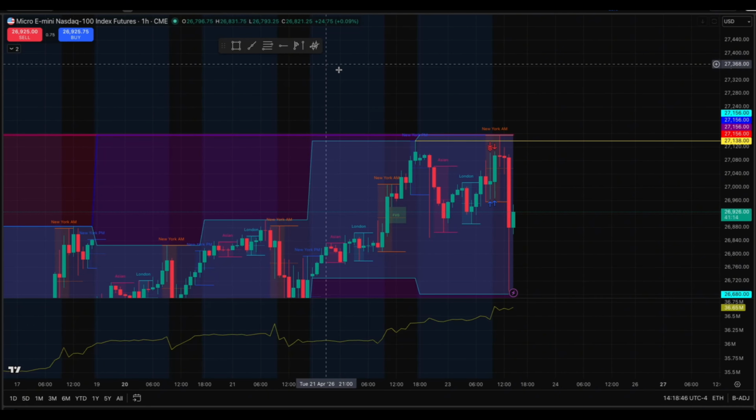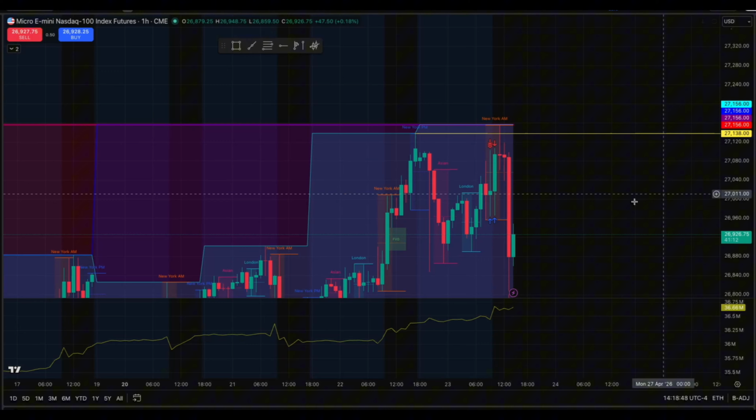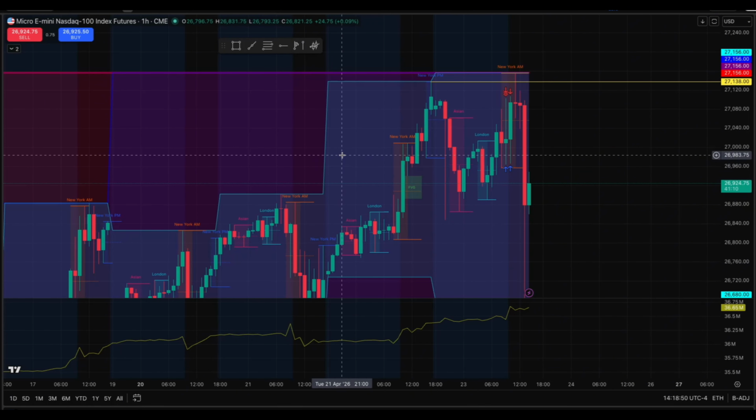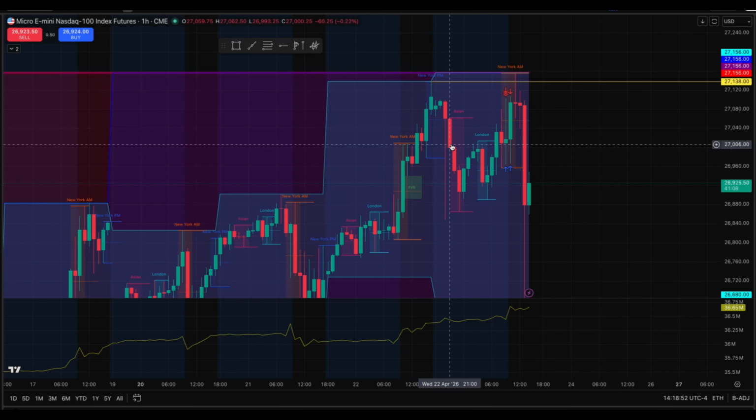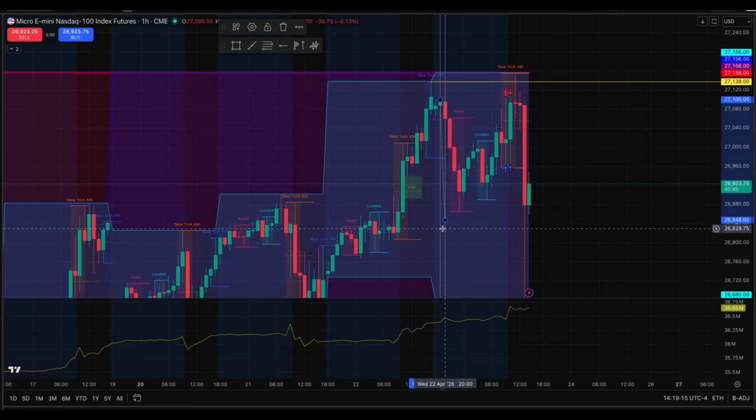Alright, so first things first, to start the day off, you look at the previous day. We were bullish, and we had change state of delivery, market structure shift towards the new day. Once the new day opened, that's what we did, change state of delivery, market structure shift to the downside. My mistake here was, if I draw the fib now, not the fib,